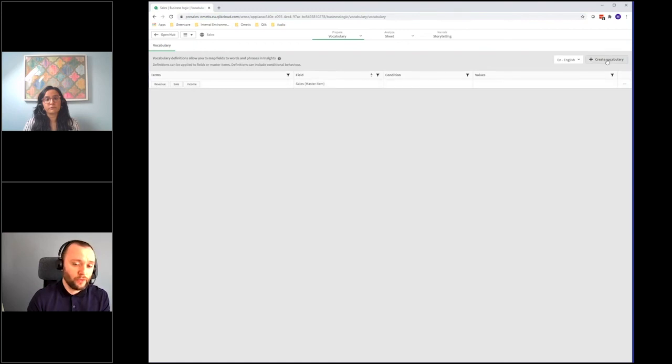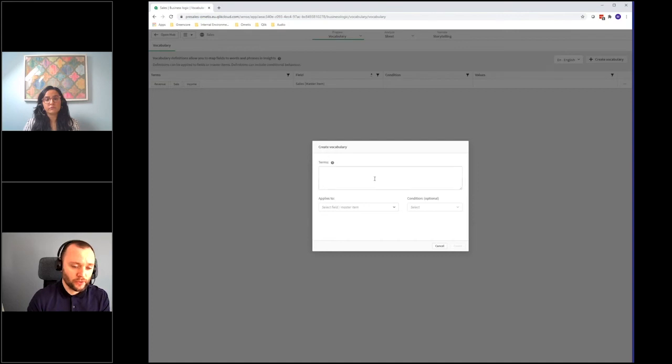And there's the other thing you can do with the vocabulary as well, which is grouping of values. So if I'm always searching for something like priority customers, and that always refers to four different customers in my data set, I want to set up which priority customers that might be, rather than having to type in where customer equals and list out four different customers every time. So I'm going to call this priority